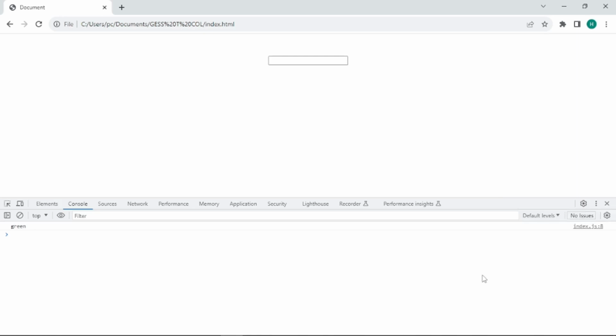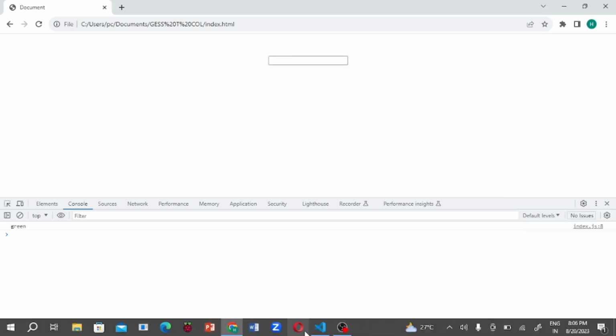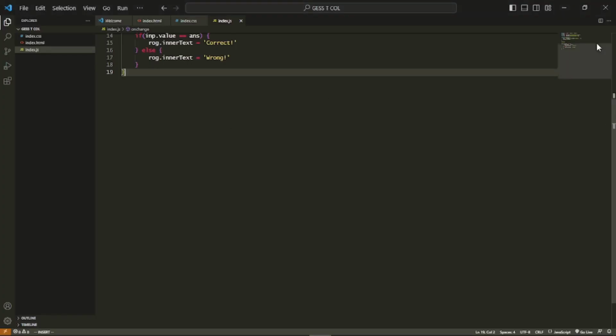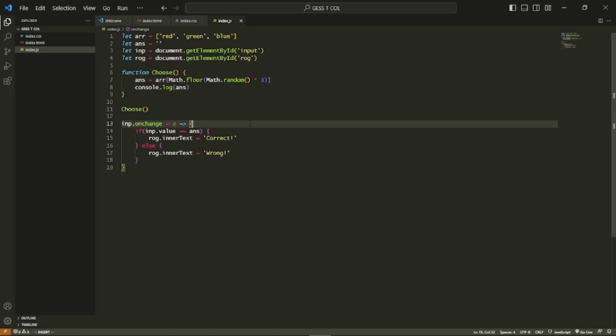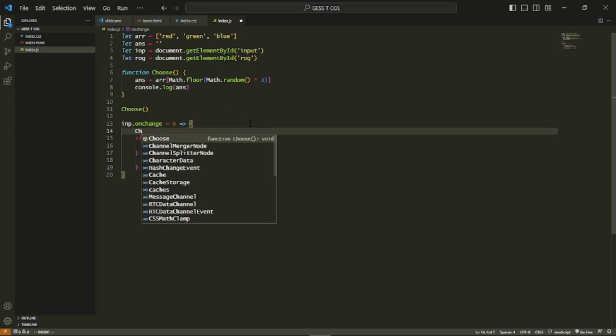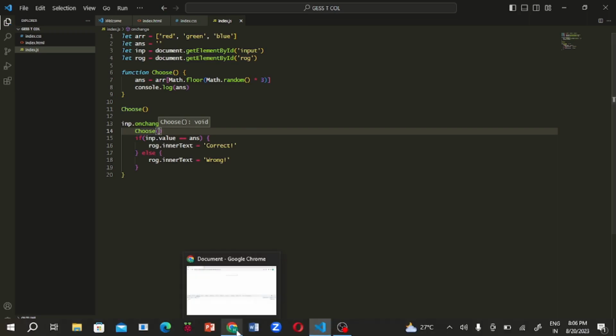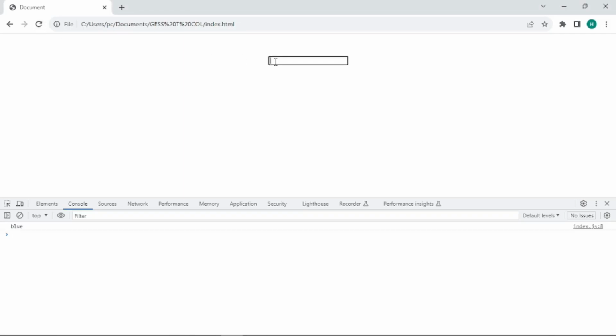Now I want it to be so that every time you use this input, it will pick a random value for it again. So every time you use the input, I'll run the choose function all over again. So I'm going to write red, wrong, red, green, correct, no, it's wrong, red,